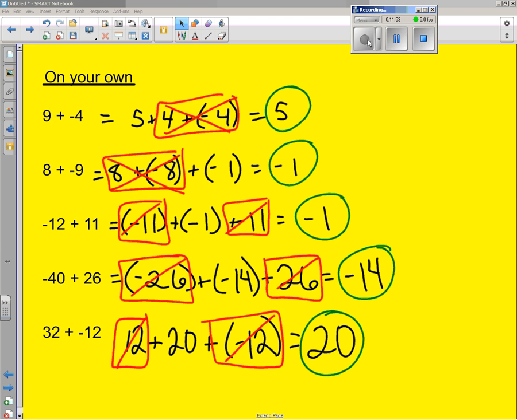All right, guys, here are my final answers for this problem. You can see how I broke each problem up. I took my number and I split it up into two parts. And then I used my canceling of my additive inverses, and what was left over became my answer. If you missed any of these, go back. You might have just made a little silly mistake. Look at the work I did, look at the work you did, kind of compare them and see where the